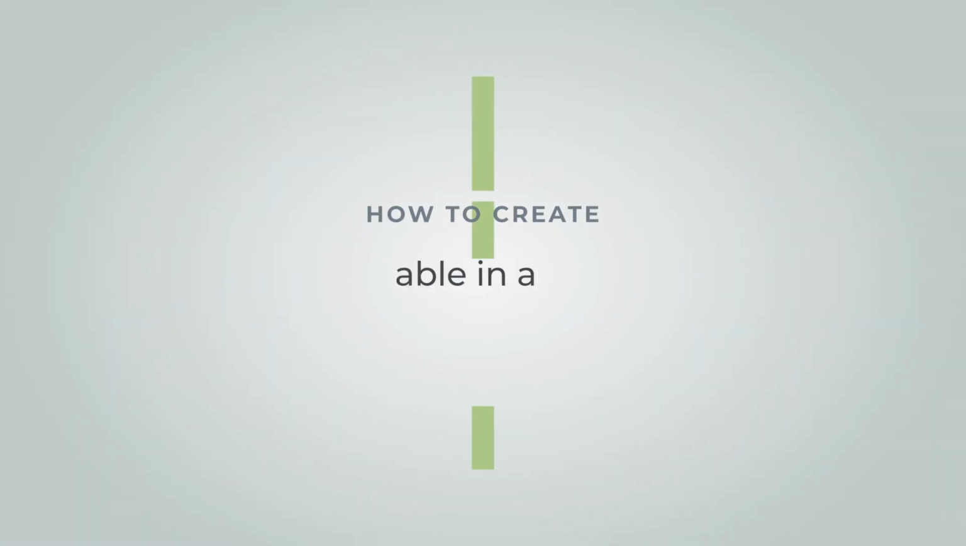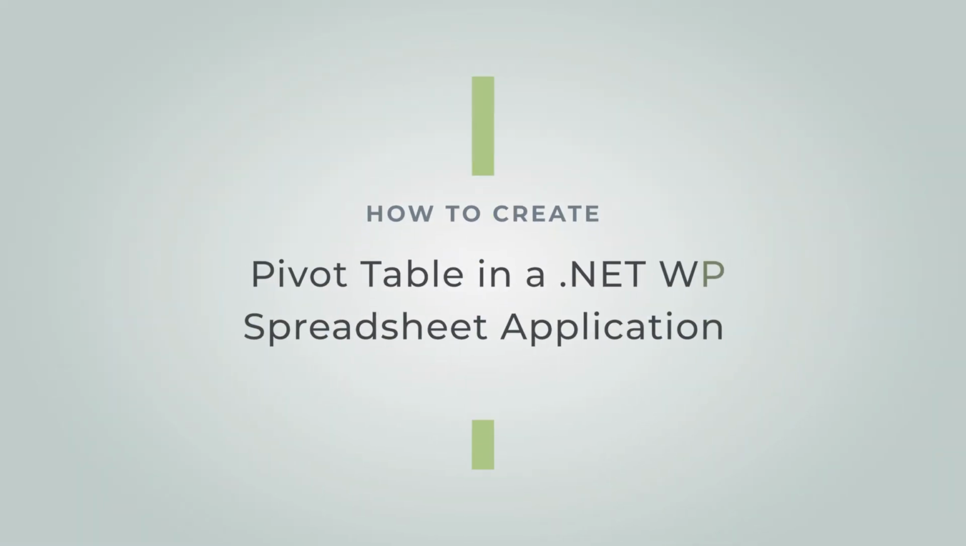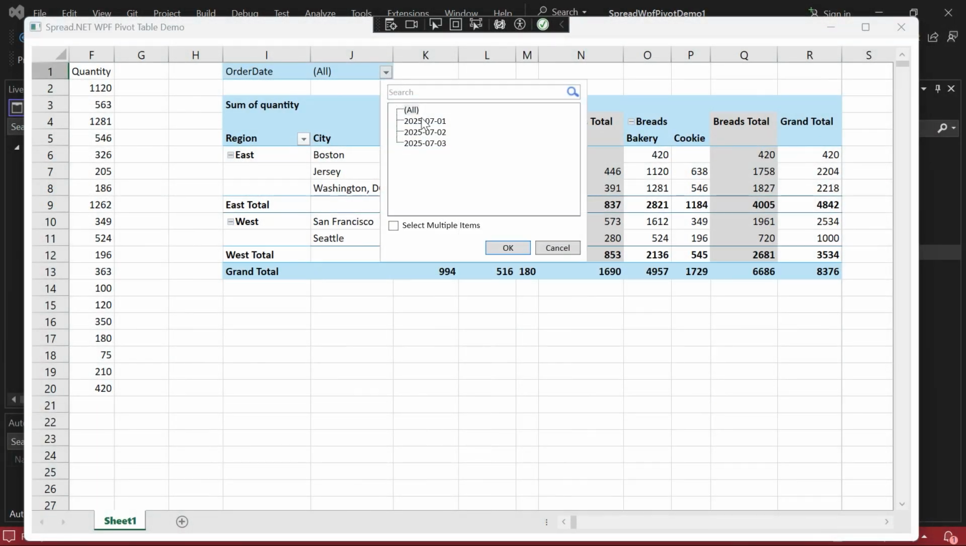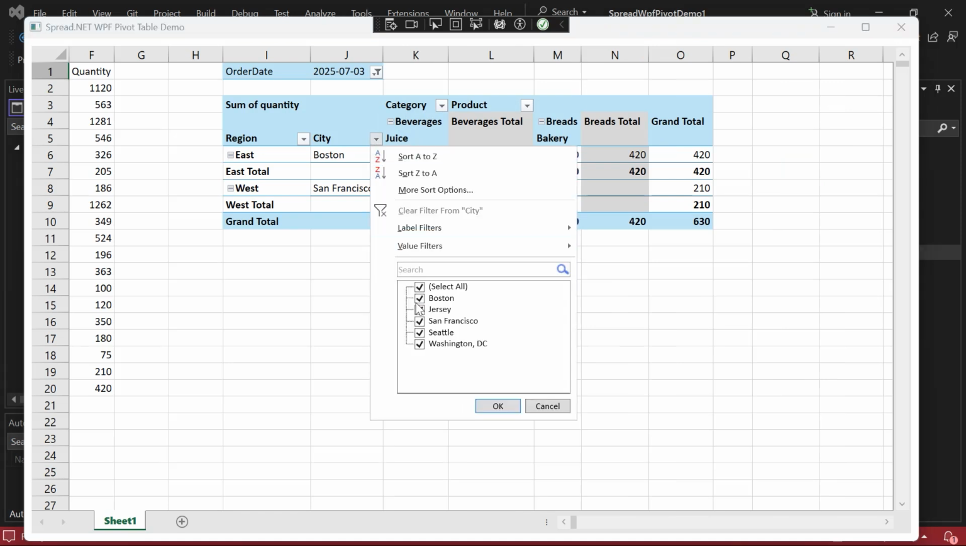How to create a pivot table in a .NET WPF spreadsheet application. In this tutorial, we will use Spread.NET, a WPF spreadsheet control, to create an Excel-like pivot table within a WPF .NET app. The final result will include grouped rows and columns, filtering functionality, summarized totals, and expandable drill indicators for interactive